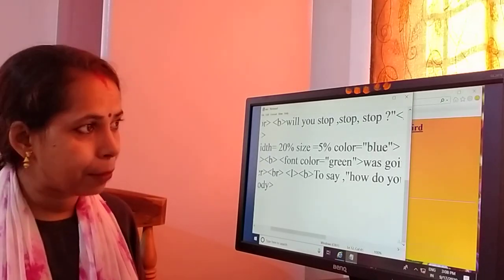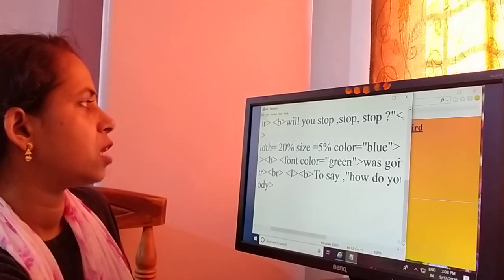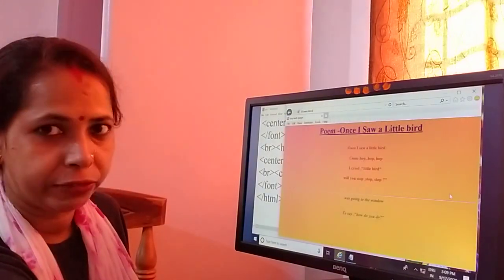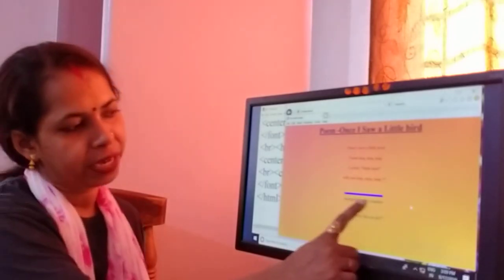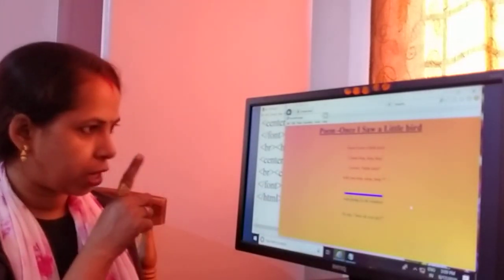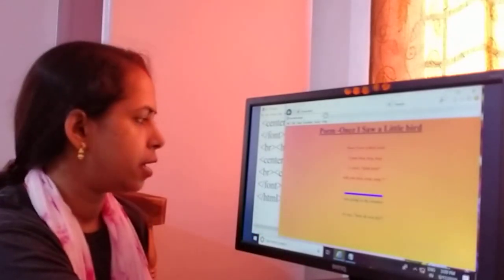So that appears also with color. That is the horizontal line. We have to save one more time because that is a modification. After that we go to the web page and view, then refresh. So that appears with size 5, width 20% and color blue. That is the horizontal line.